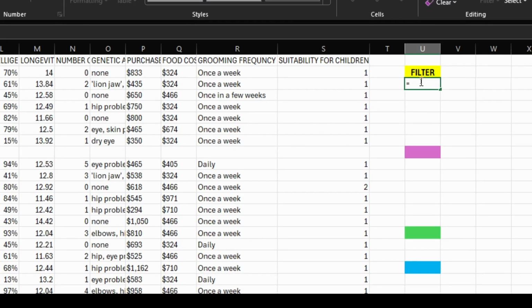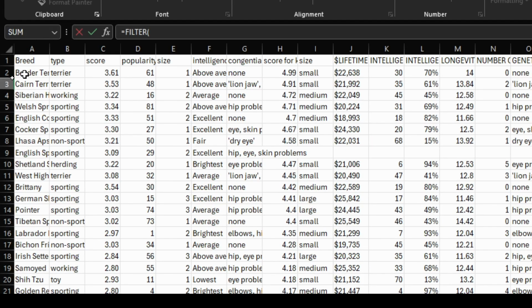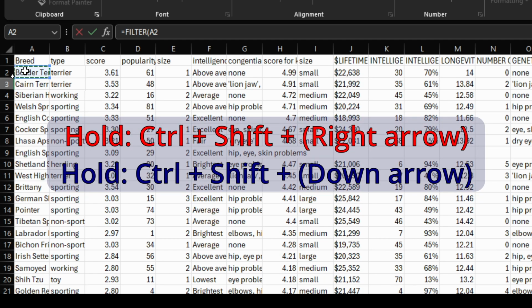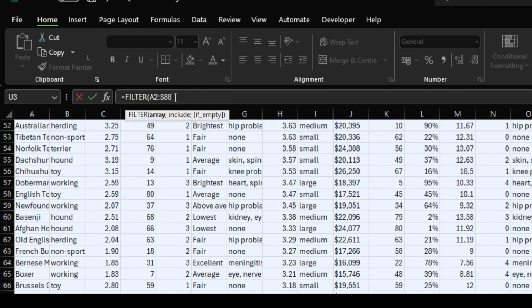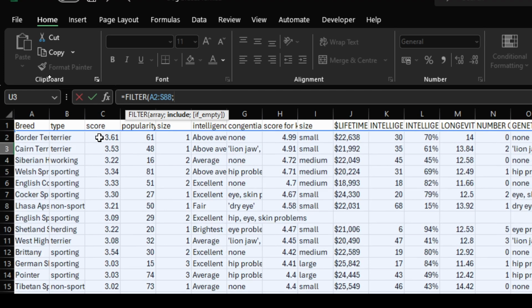Go to the function equal, let's focus, FILTER, and select only 3 inputs. The first one is the whole data frame. Select the first value and then hold Ctrl, Shift and right arrow and then down arrow. Now we got the whole data frame. We select the first condition, and the first condition is score higher than 3.0. By the way, as we said, the structure is equal to pandas: the first condition is in curved brackets, the AND operator becomes the star or asterisk, and the second condition once again in brackets, and finally another